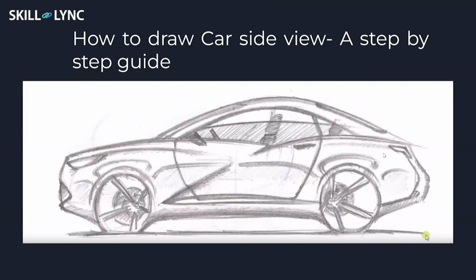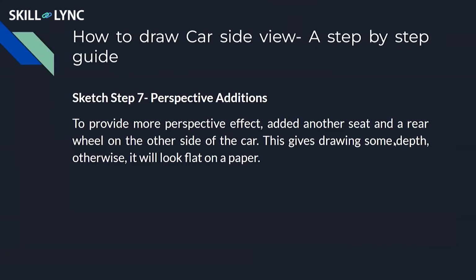When you do this, shading will normally be the final part. If you're not going with respect to any colored model, I think this is one of the last steps that you'll have in automotive sketching. Perspective, sometimes we'll take it in the beginning itself. With respect to perspective lines, we'll design our car. Mostly for the side views, we'll not do that much of perspective. But when it comes to the 3x4 view for the front and for the rear, we'll normally go with